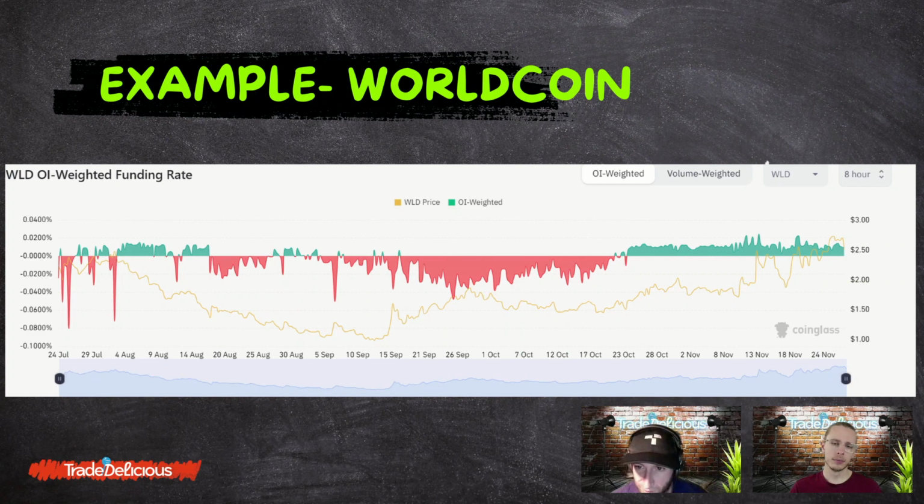But over here, WorldCoin had a big spike up, reached an all-time high. It's hard to see on this chart, but this was an all-time high for funding. And then look what happened. It basically went from $2.50 to $2, which I don't know in percent, but that's a pretty big move.